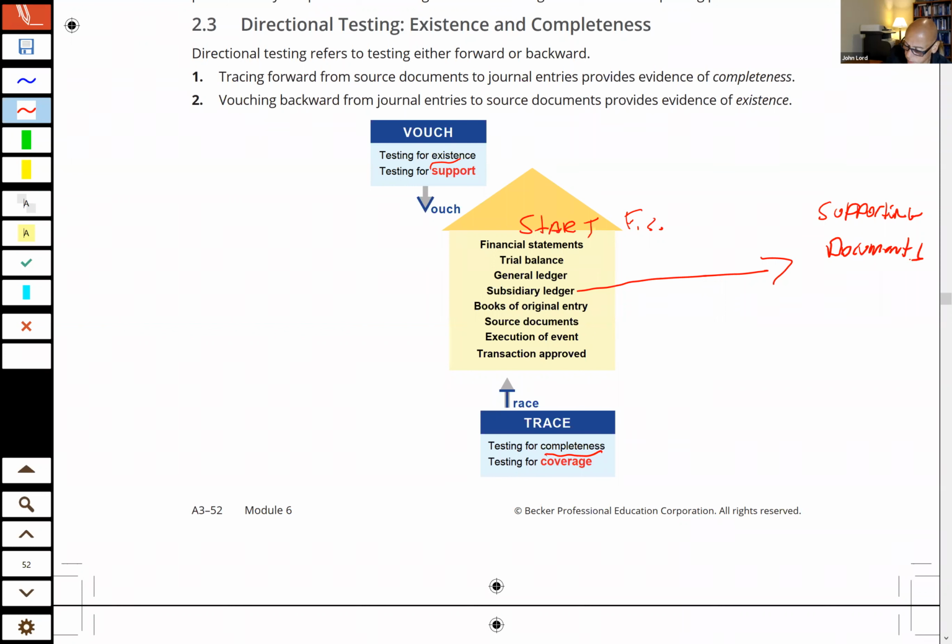What assertion is that? Don't look at that picture, because that's what I'm saying. I look at the picture and I don't know what is going on. Okay, so don't look at their picture, look at the way I drew it. If you start from the financial statements and you go to supporting documentation, what assertion? Existence. Good, excellent. That is existence, because I'm saying, hey, look, you say that you have a piece of equipment